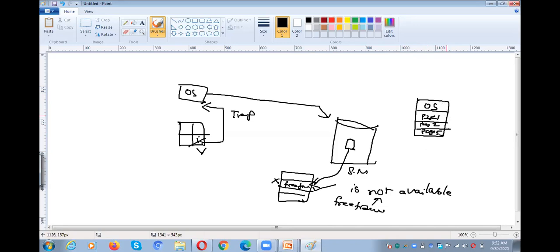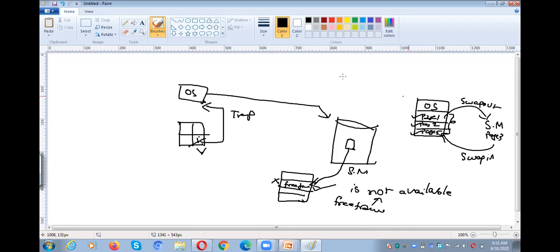So what do you have to do? We need to swap out one of the pages from the main memory to the secondary memory backing store, and we need to swap in page 3 into the main memory. We need to swap out one page. It may be page 1, or page 2, or page 5.